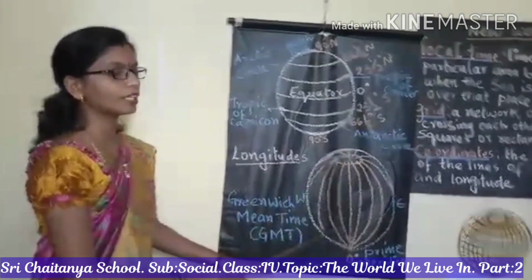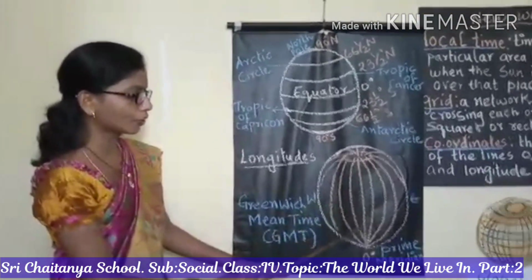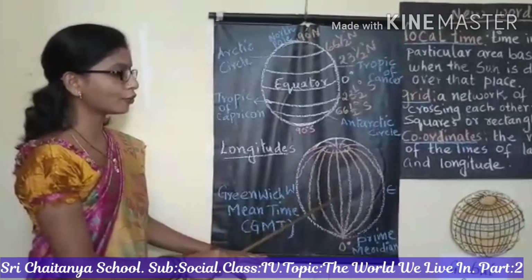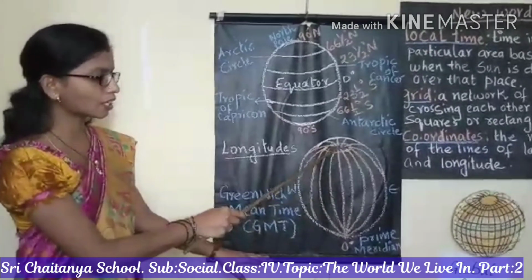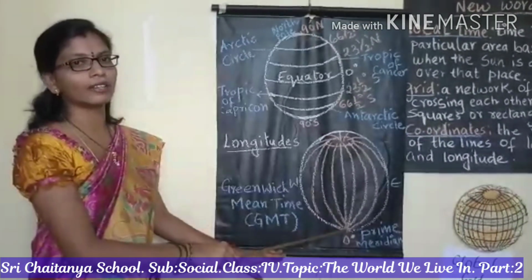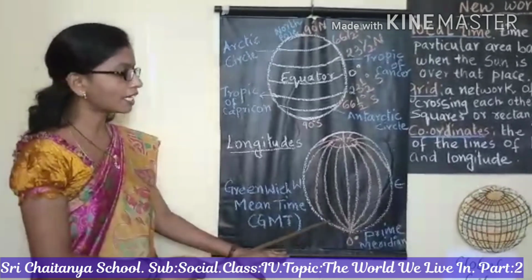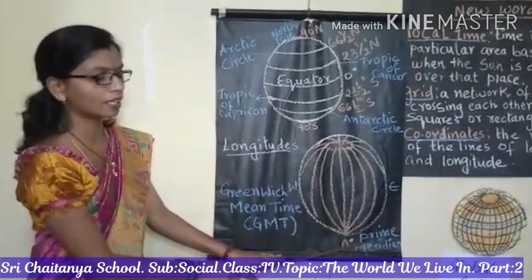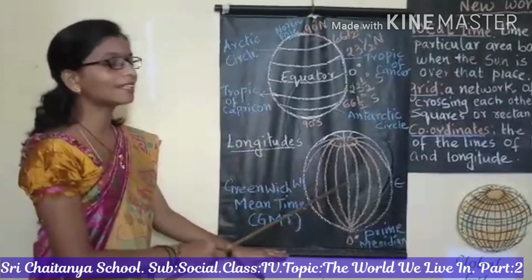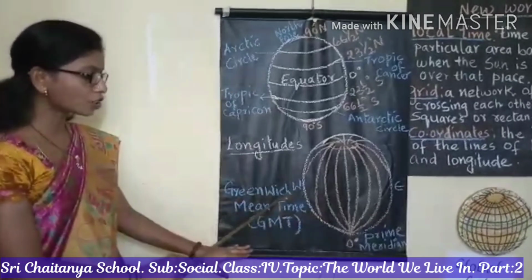0 degree longitude. What is this 0 degree longitude? The 0 degree longitude is also known as prime meridian. And in 1884, the line passing through the north and south pole from a town called Greenwich, from which town? Greenwich in United Kingdom, was adopted as the prime meridian or 0 degree longitude. And the local time at Greenwich is regarded as the Greenwich Mean Time.